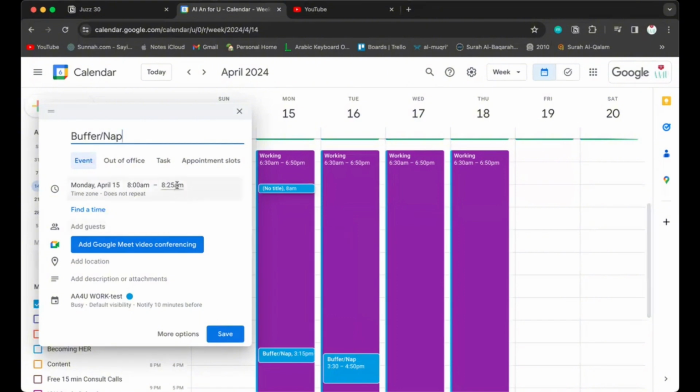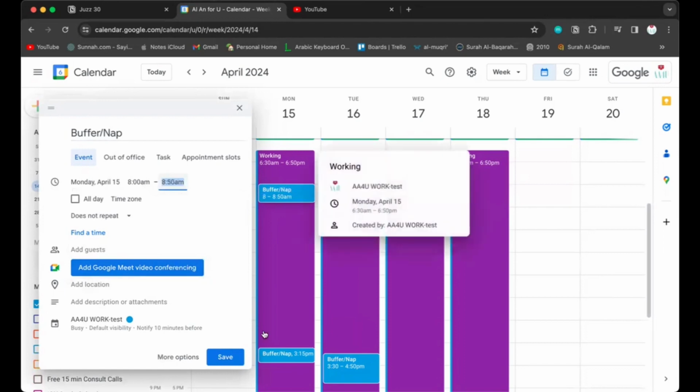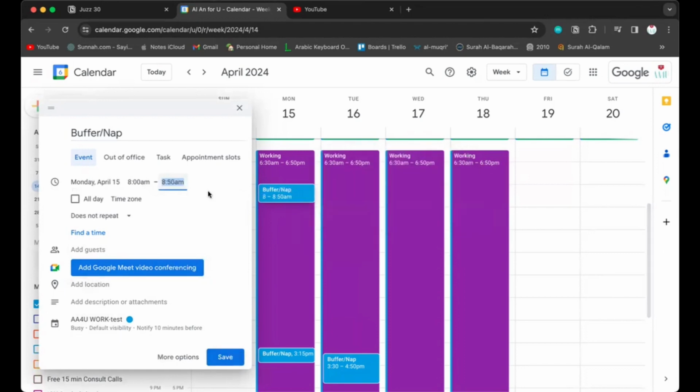So from 8 to 9:50. Actually, I'm gonna make it to 9:10. But then I have to get ready. I'll have time to get ready after her class. So I'm just gonna put it to 9:20 even. Yeah, 8 to 9:20, because I will have time to get ready for my next class.